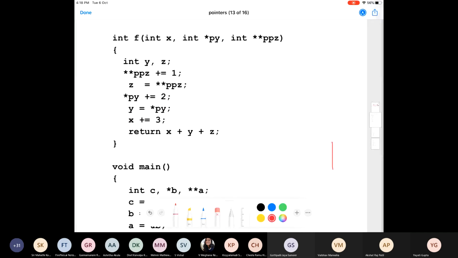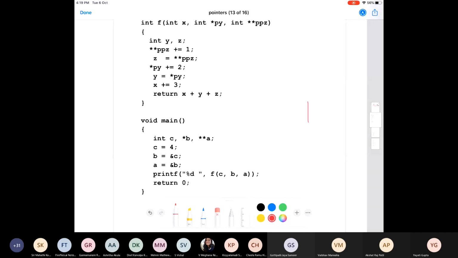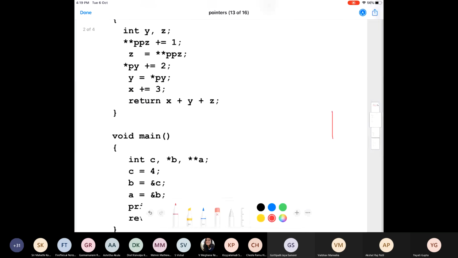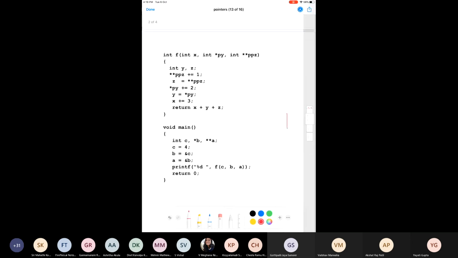If you understand pointers well, you can definitely give an answer to this question. This one is a bit tricky. Can you think of what is happening here?